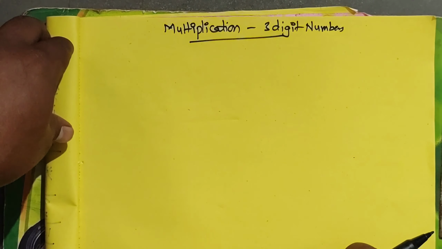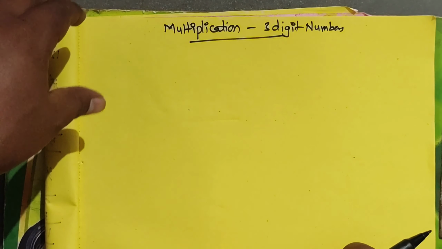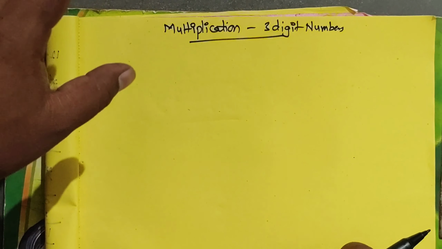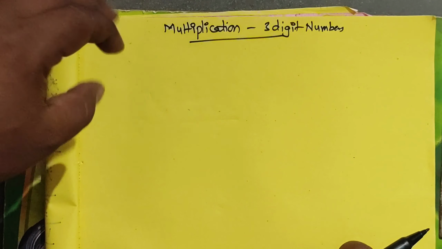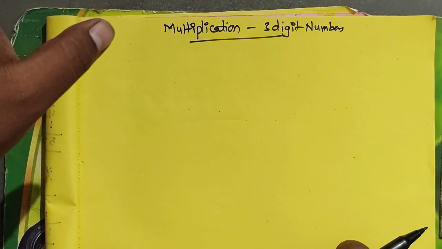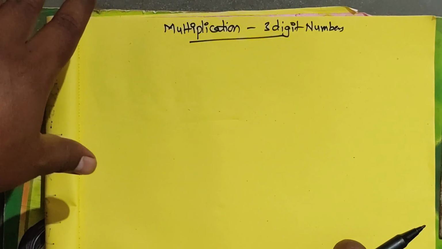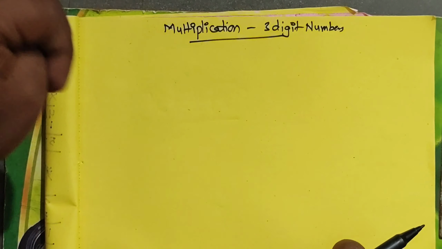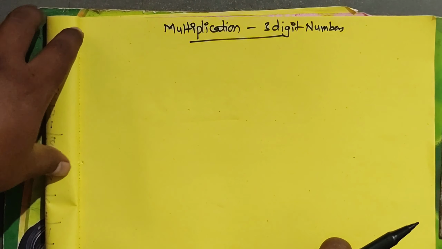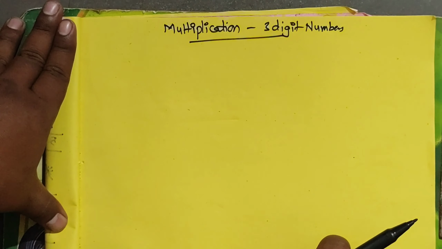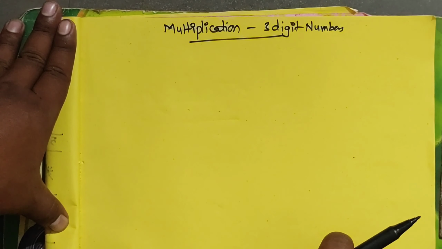So friends, now I am going to explain multiplication of 3-digit numbers. It is somewhat difficult, but we can do it very fast in speed maths or Vedic maths. It is a very good method to solve these problems. Here I will explain 3-4 methods, so you can follow any one method according to your problems and situations. Now I will take a small example here.